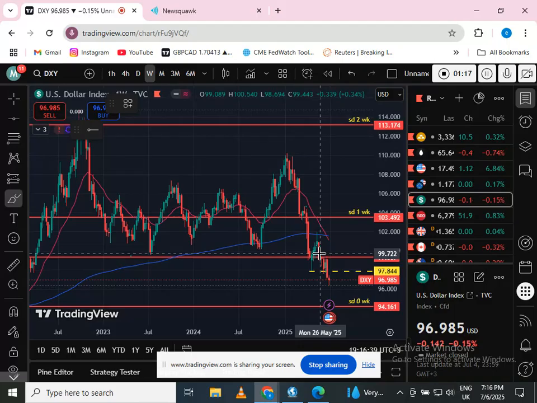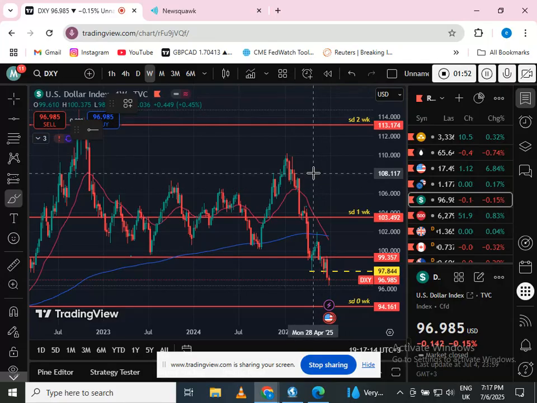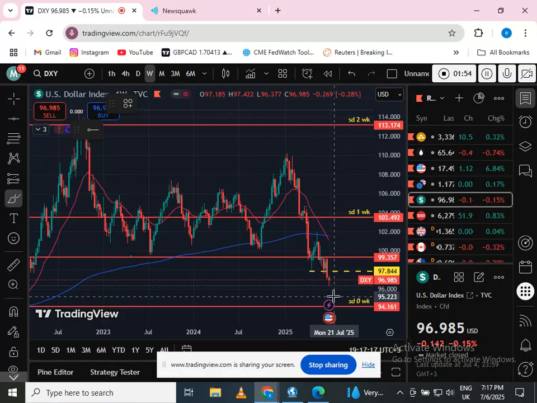growing, it is declining. You can see it in the GDP first quarter report, which is at negative 0.5. You can look at the central bank policy, whereby they were reducing interest rates, but currently they have stopped reducing interest rates because they are looking at the inflation issue and the tariffs issue, which is the main impact, whereby the tariffs issue has led to a lot of decline in the US dollar, the US economy overall. So when the US economy is affected, this will lead to its currency devaluing in the market. So that's why we have been selling this pair from the 108, and currently it's at 96,